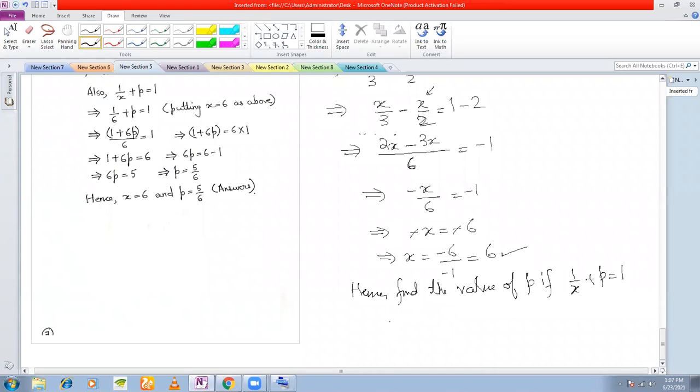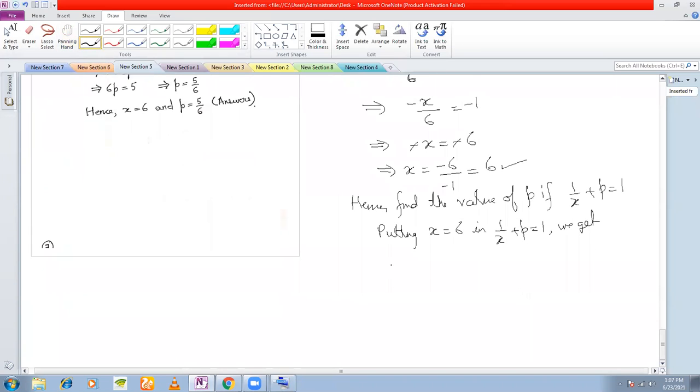So what you do is you put x is equal to 6. Putting x is equal to 6 in 1/x plus p is equal to 1, we get 1 divided by 6 plus p is equal to 1. Now you can either take the LCM, or simply you can take 1/6 to this side. So p becomes 1 minus 1/6, which is equal to